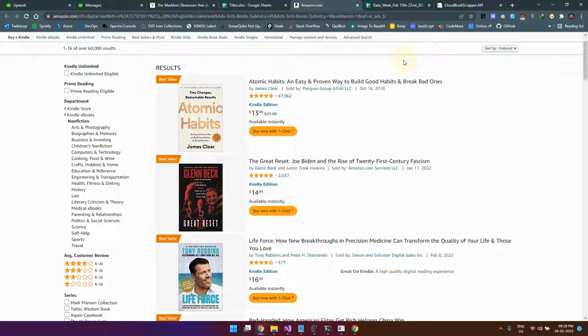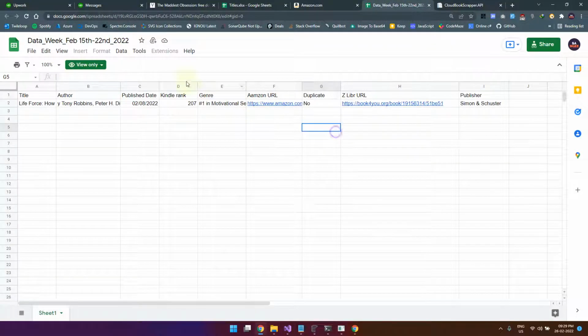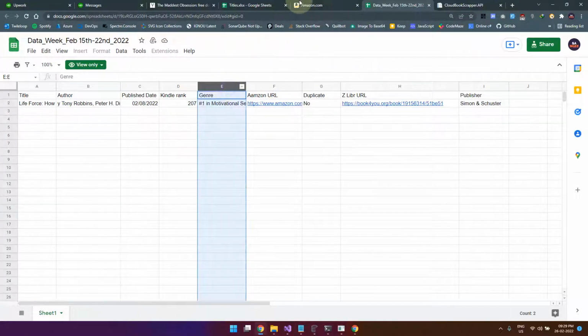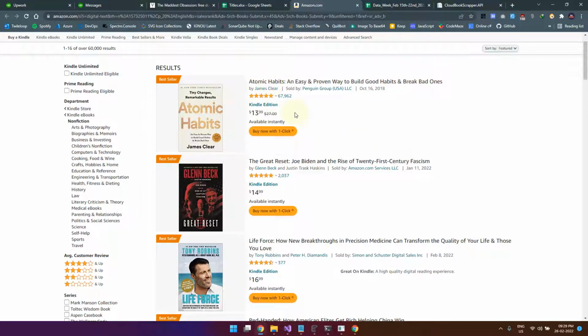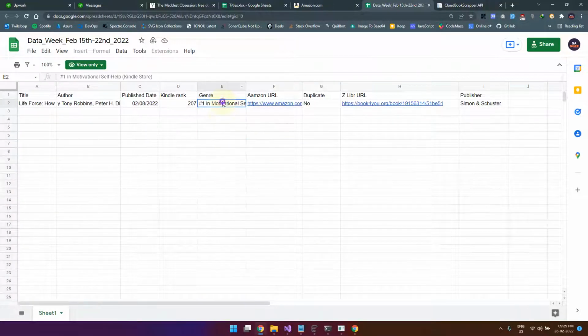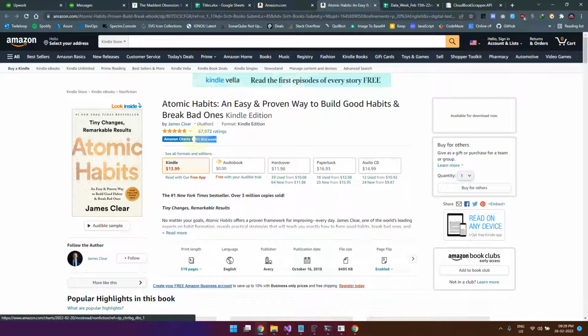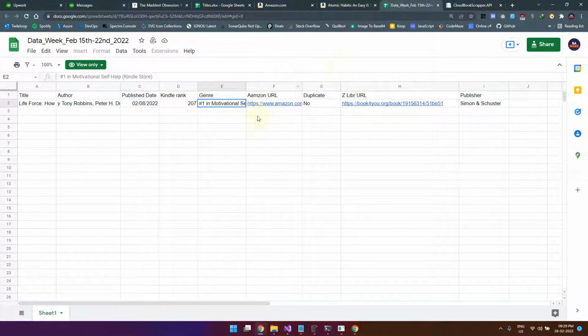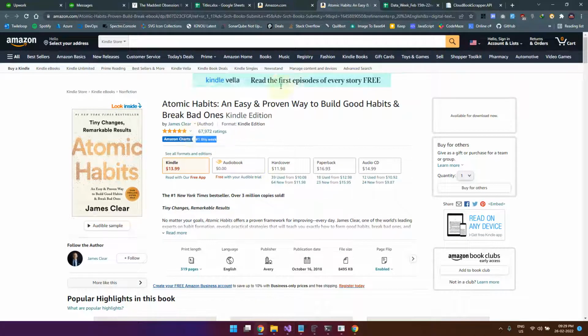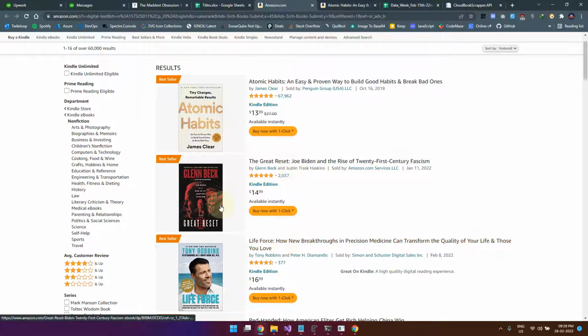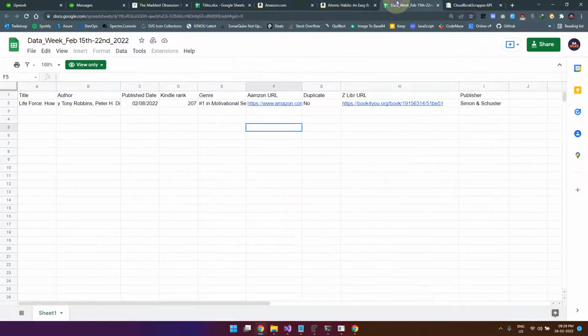Now that is one other question I have. So how to handle the Kindle rank? Another thing is this genre. Where can I get this information? From the HTML I cannot find this one. What I can see is if I open this, similar to this one, so are you looking for this one? If so, we have to open each book and come back to this page to get the information. That is possible to do, but you can decide whether to do it or not, because that will increase the IP count. If you want it, you can tell me. I will do it, but you should be aware of this.